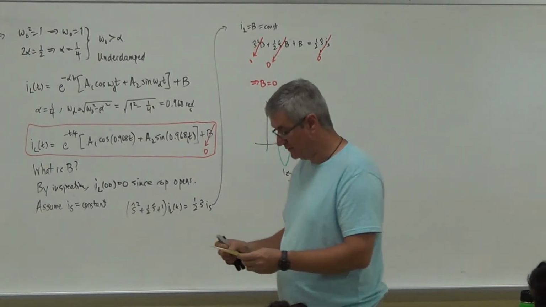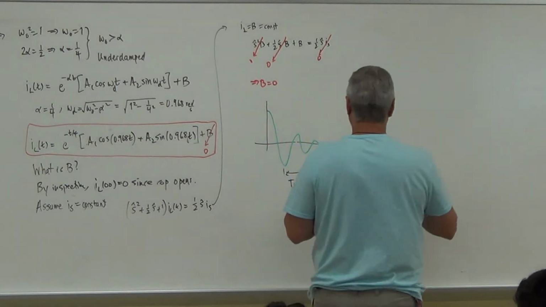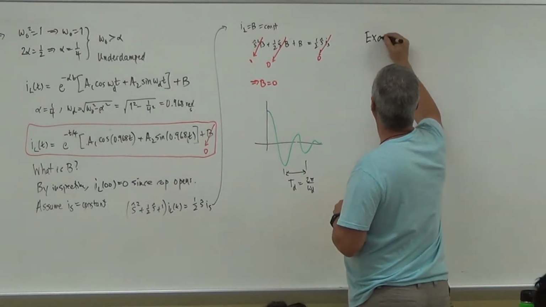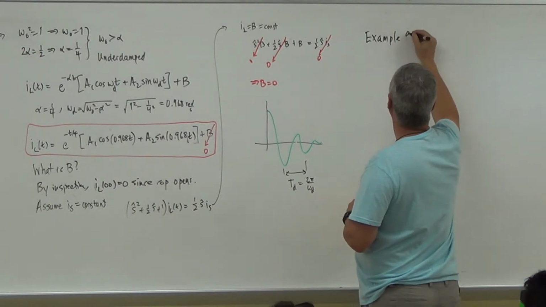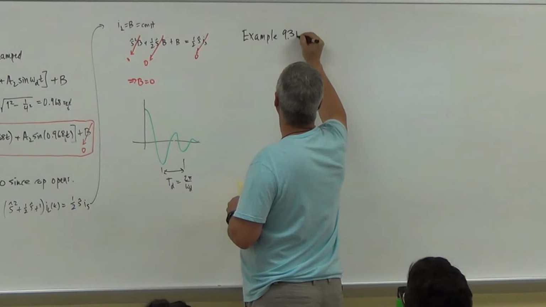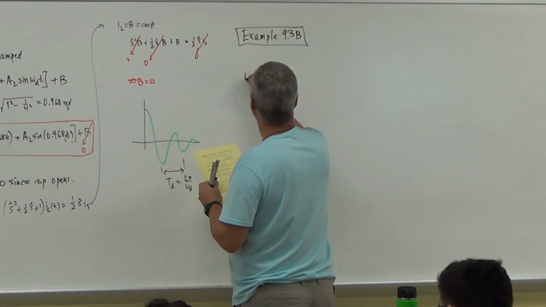So let me make sure I get the right circuit. Okay, here's the next circuit. So now we got what? Example 9.3, what did I call it? B? It's the second circuit. So here I have